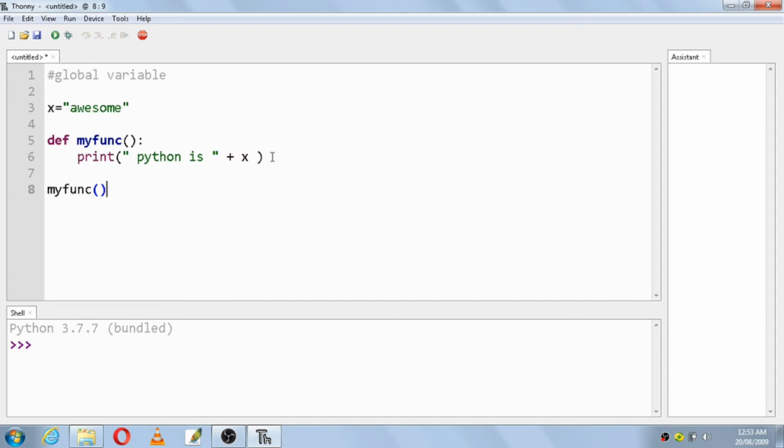So in this program I have used a global variable x, and this global variable is visible inside my function. You can make use of global variables inside a function, and by calling this function you will get the output as Python is awesome.